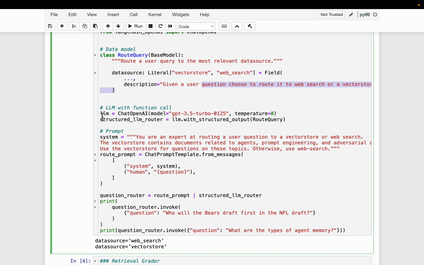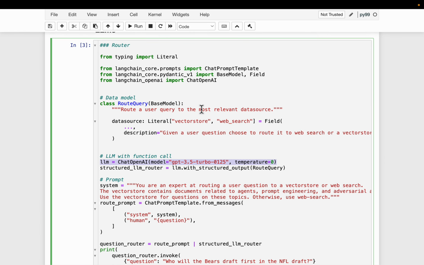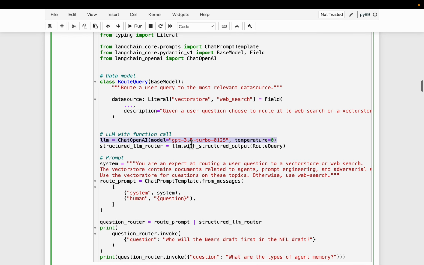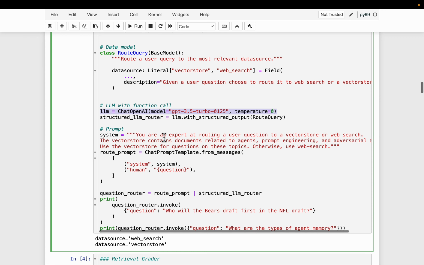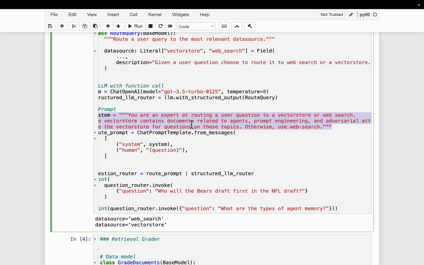Obviously we need an LLM at every step, even for the router, for the grader, for generating the answer, for everything, because it is the brain. Everywhere we have text in this system, and we use the LLM to understand the text and decide the next steps. Here we have the actual system prompt: you are an expert at routing a user question to a vector store or web search.